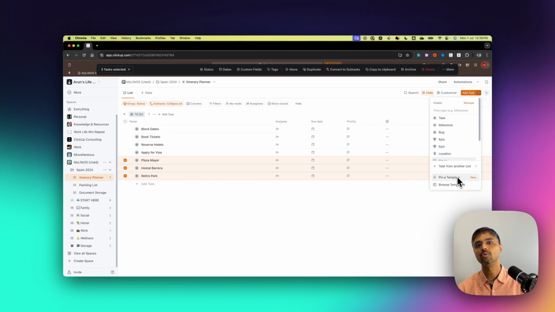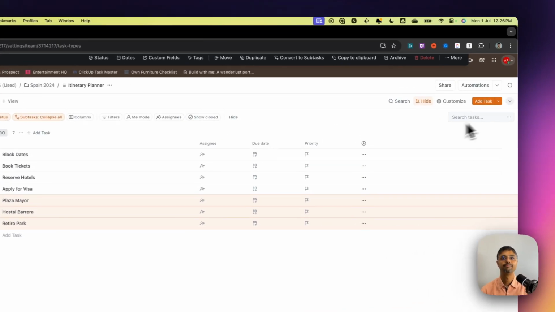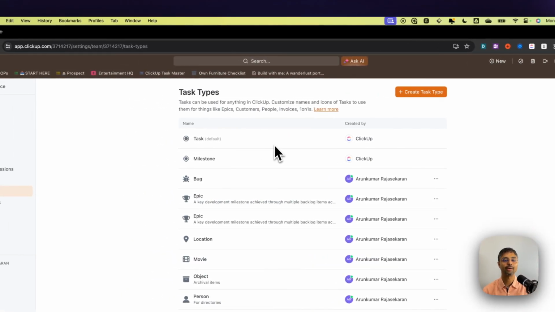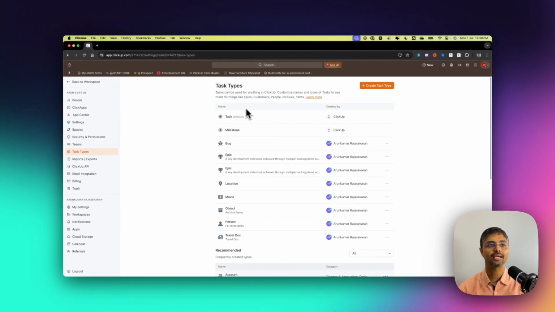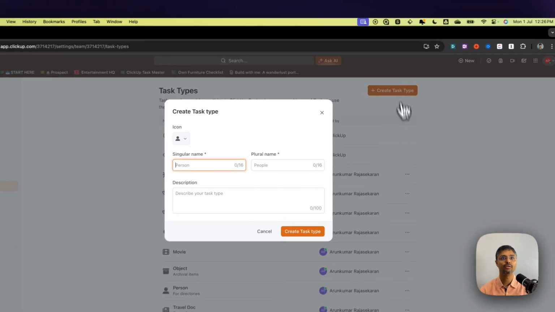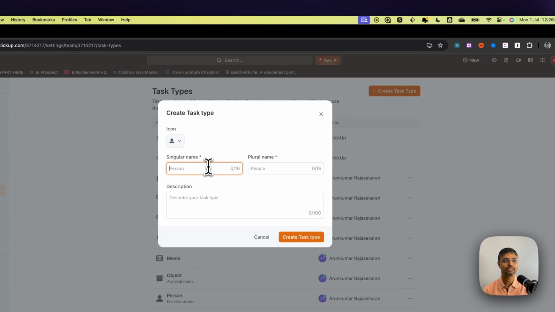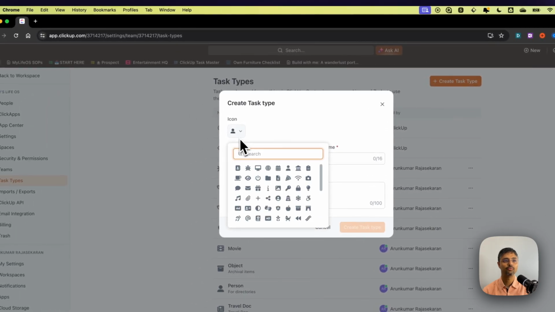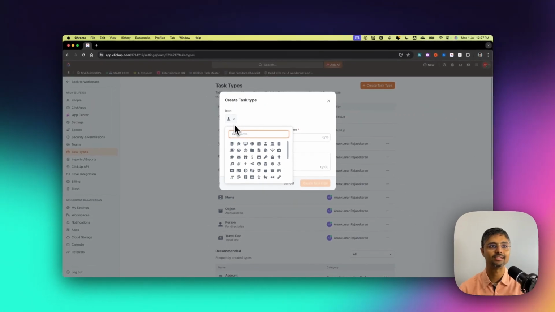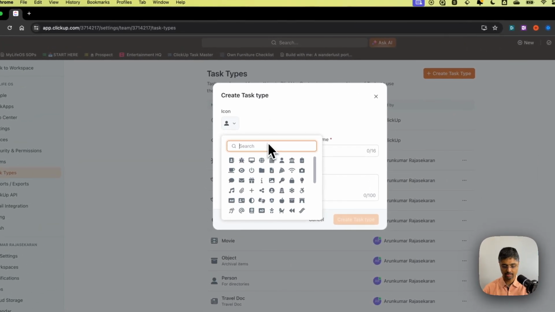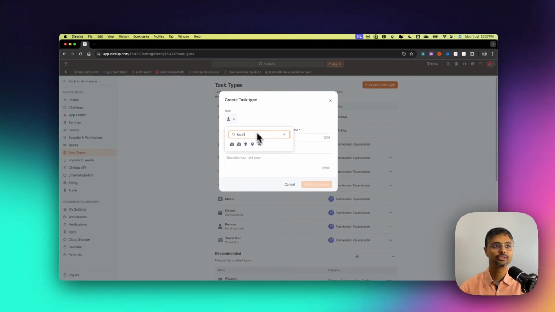You can find out how to do that separately. So you can create an entirely new task type by clicking on manage, coming into the task types field and defining an entirely new task type. You can just choose the icon which represents that particular task type, whether it can be a bug, or a task, in which case I would just choose something that looks like it,